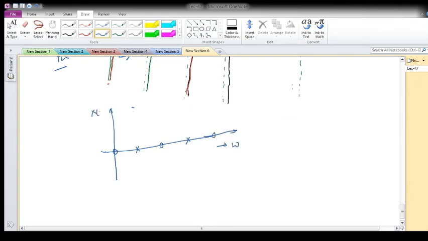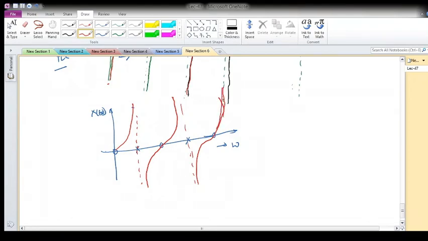This is omega, this is x of omega, and now if I draw it, what will happen is the curve should start from here, it will go like this, then from here it will be like this, like a tangent, this way, here also, and go somewhere to the next critical frequency wherever it exists. This is a smooth curve basically. Okay, so similarly this is true for admittance also.